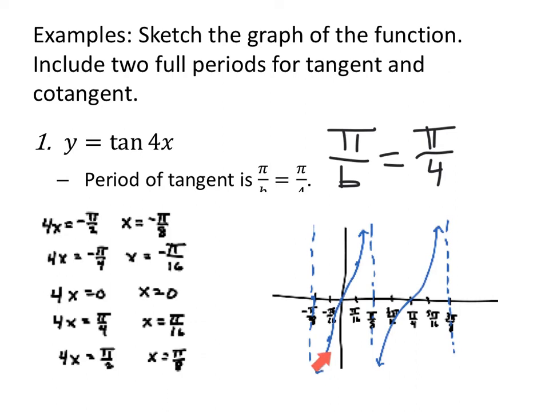Always: asymptote, negative 1, 0, 1, asymptote. So asymptote. This is an output of negative 1. This will be an output of 0. This will be an output of positive 1. This will be an output of asymptote, always. Increasing graph until, of course, we do a